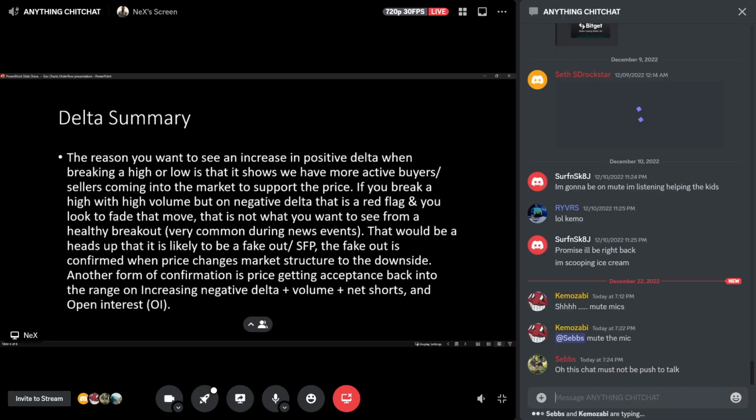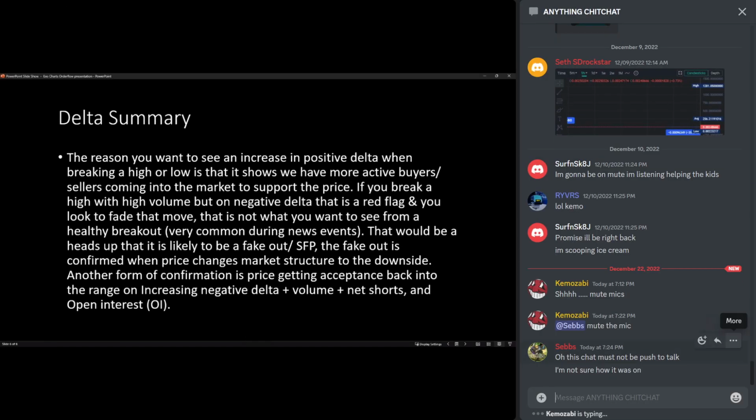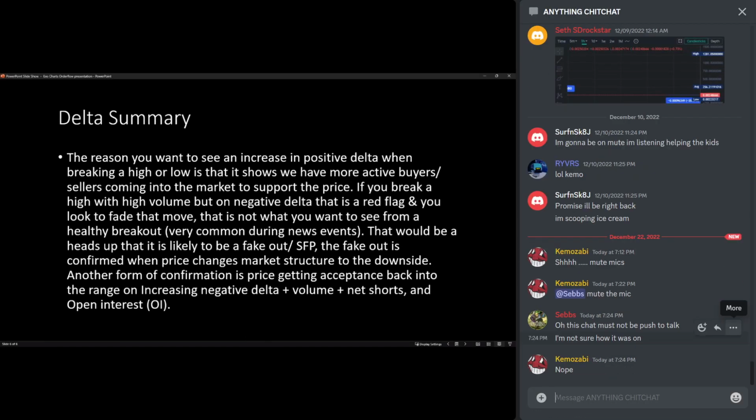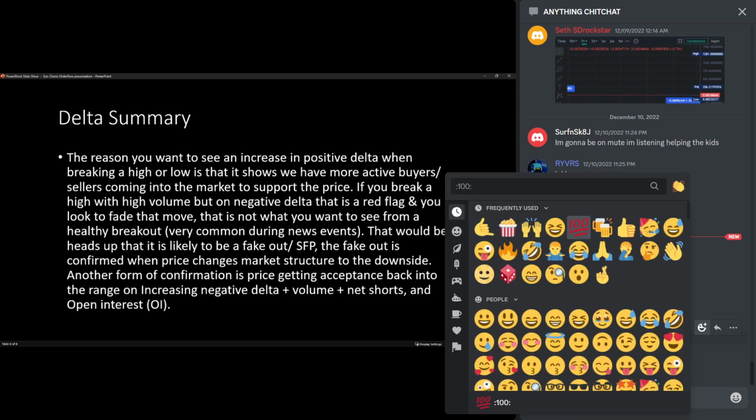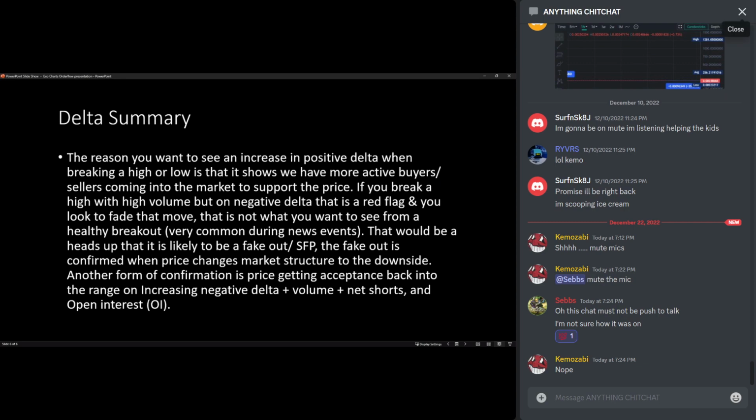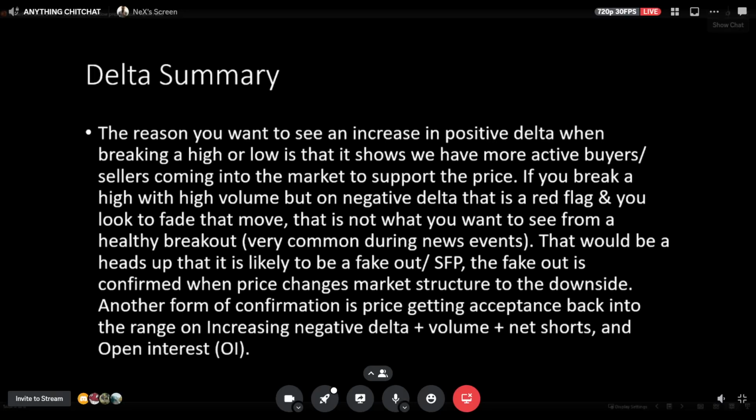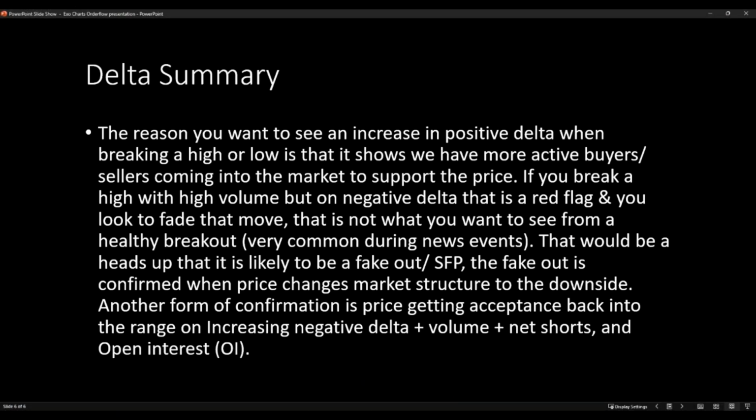Of course, with being more aggressive, there's a little bit more risk, but I just like to trade that way. That's my personal preference. But there are some ways that you can wait for that confirmation. One way is when price changes market structure to the downside. So if price was moving up, it takes the high on higher increasing volume, but negative delta, so closing below